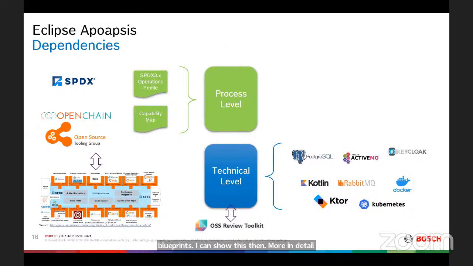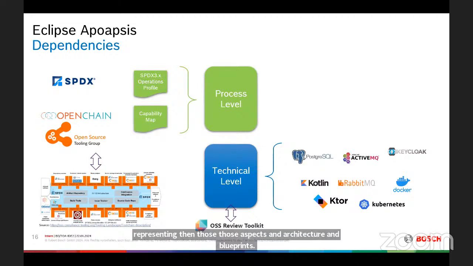And as always in open source, we do not want to reinvent the wheel, right? So we already have great other community works and assets that we want to reuse. On the process level, for the spec sheets, we would not implement this directly in Apoapsis, but here we already started an operations work group in SPDX, where we're currently discussing the fields for such a fact sheet. On the other side, as I already mentioned, in the tooling group, the automation work group, we already worked on this capability map, so that I do not need to reinvent the semantics, but can hopefully reuse a lot of these things